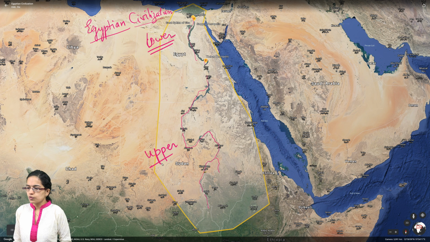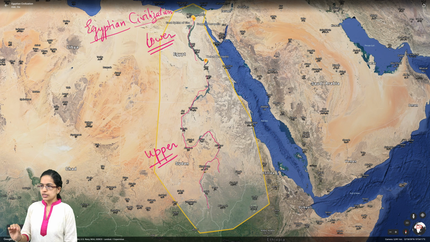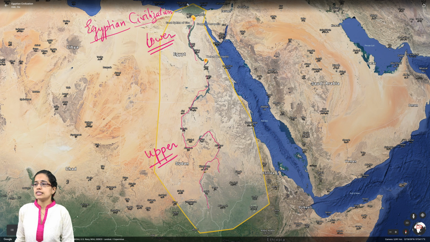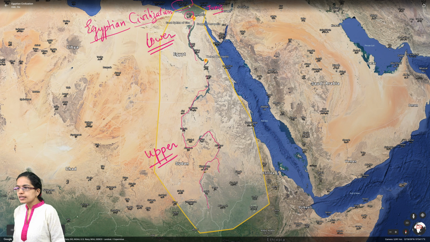Please note that where the Nile River drained was the area known as Lower Egypt. In Lower Egypt, you had Alexandria as one of the major settlements. Then you had Cairo as another major settlement. You had Tunis, that was another major settlement. And then you had another major town closer to Alexandria, which was Rosetta.